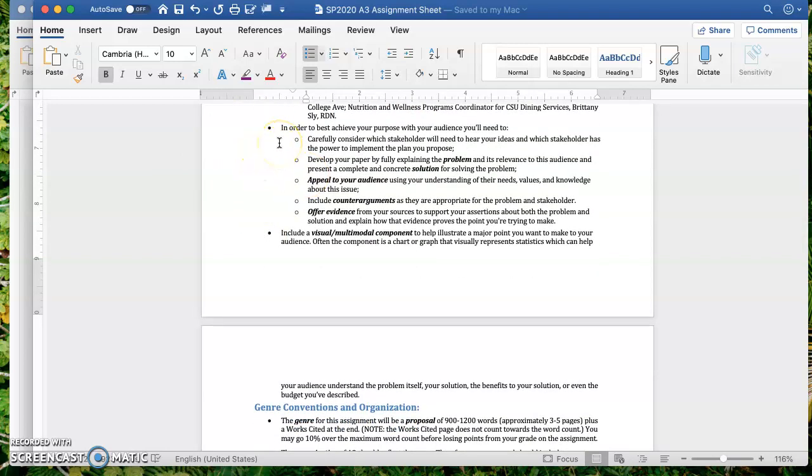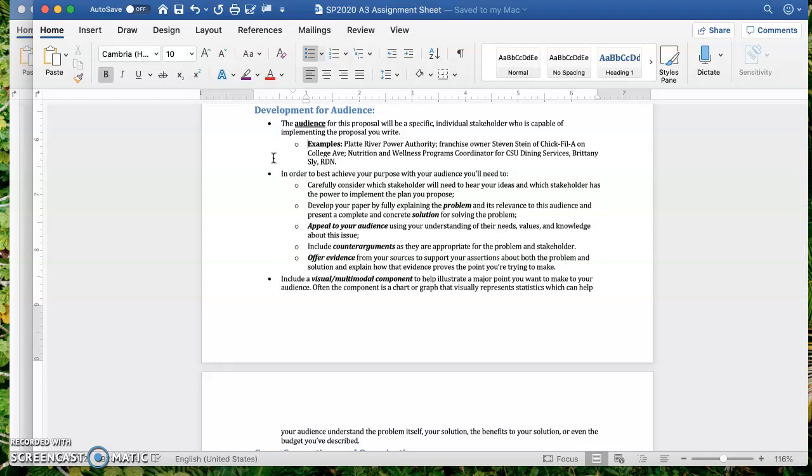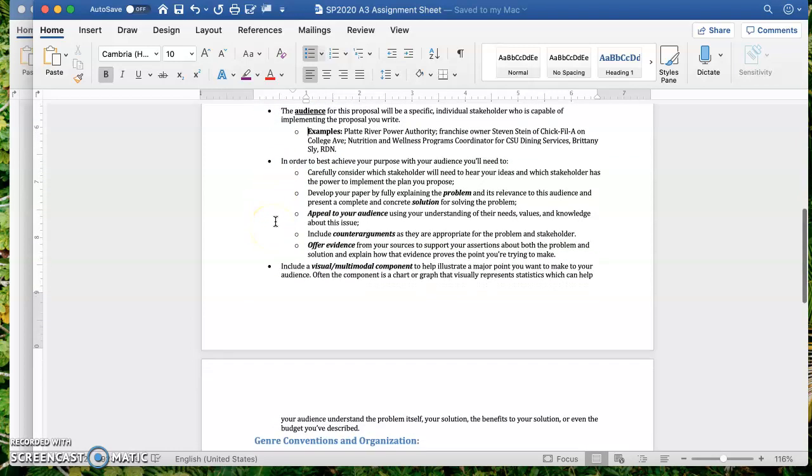So again, audience appeal, just like with A2, it's going to be really important for A3. So you're going to want to use audience appeals to persuade your audience to, instead of accept your claim, you're persuading your audience to implement your plan. So you'll do that by